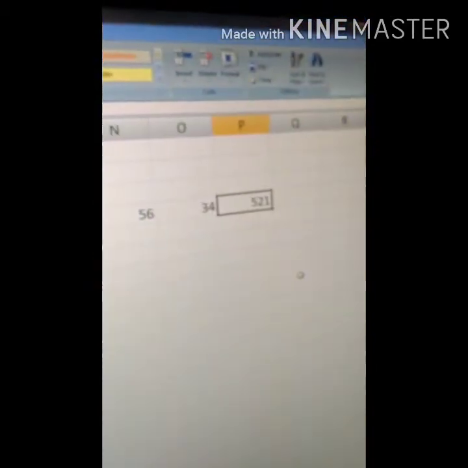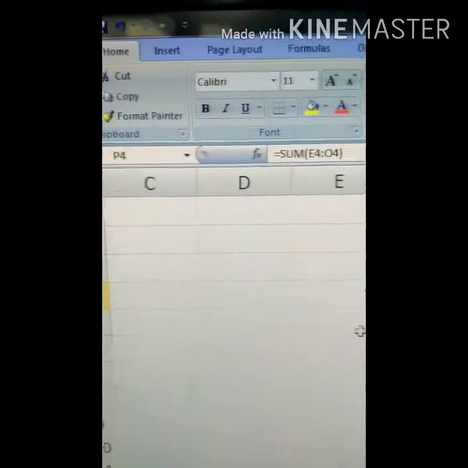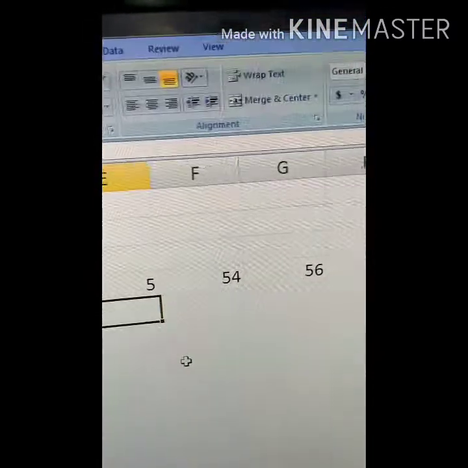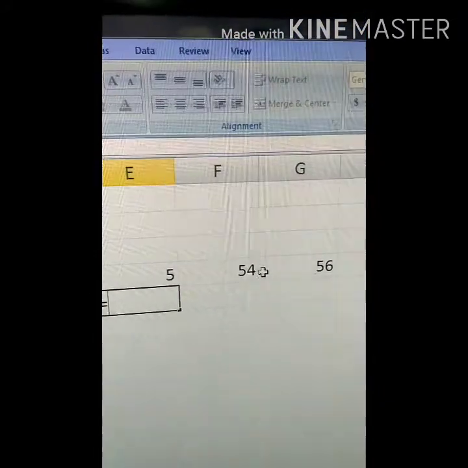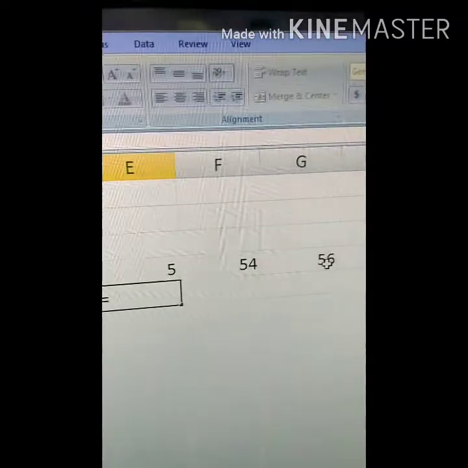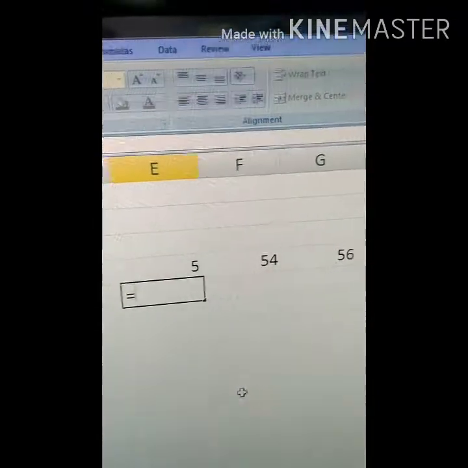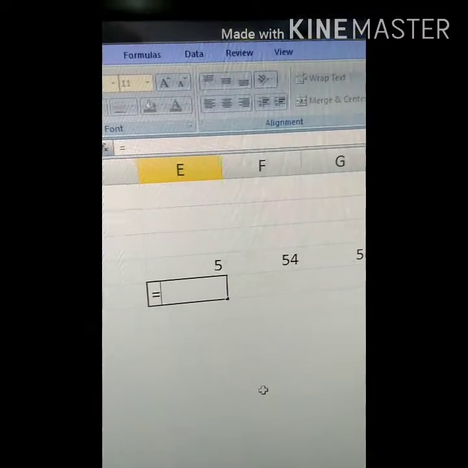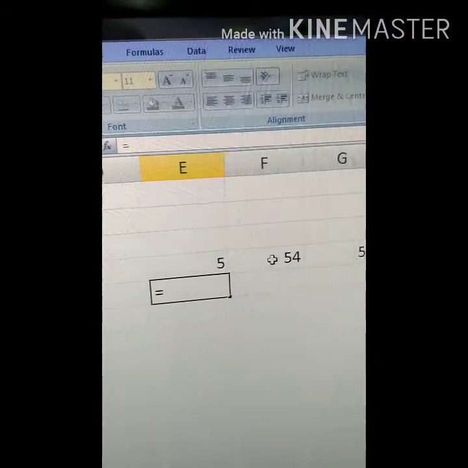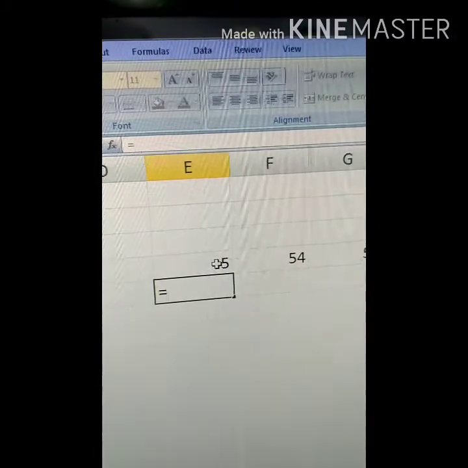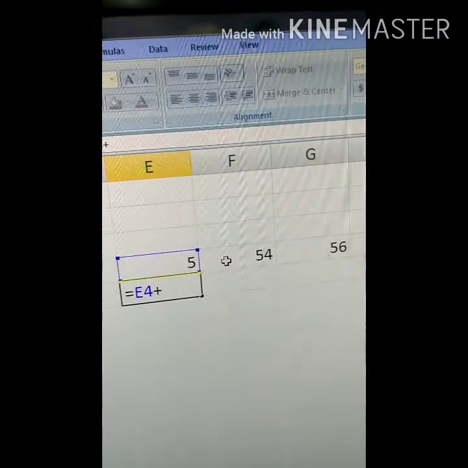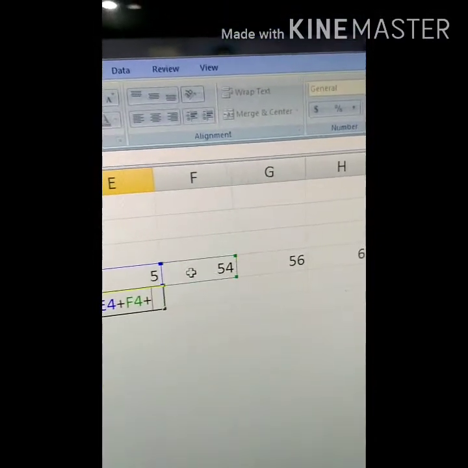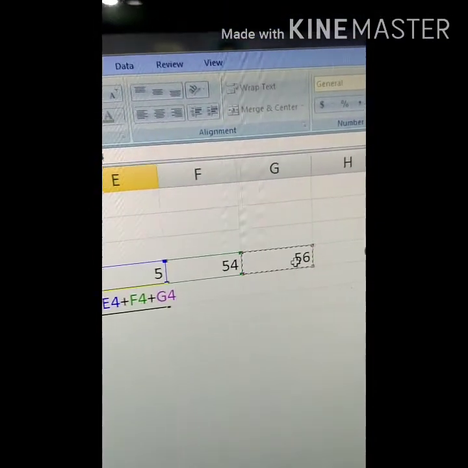Second way: one by one you type the numbers. For example, only three numbers we are taking, 5, 54, 56. Then we have to click on the numbers or write. First I am clicking on this number, then give the plus sign, again click on this number, plus sign, and click on this number and press the enter button.